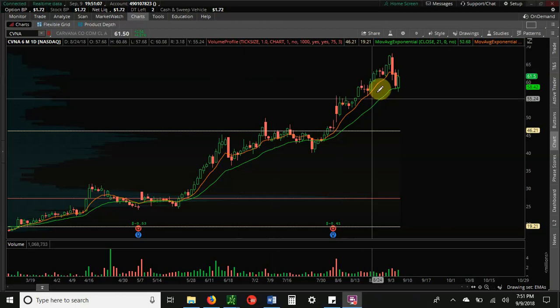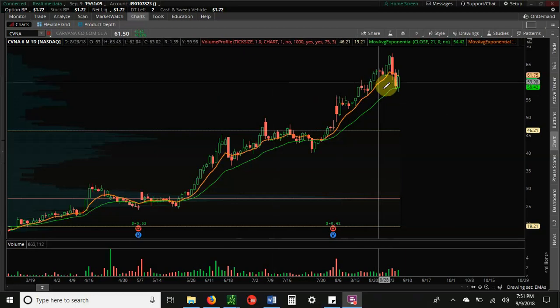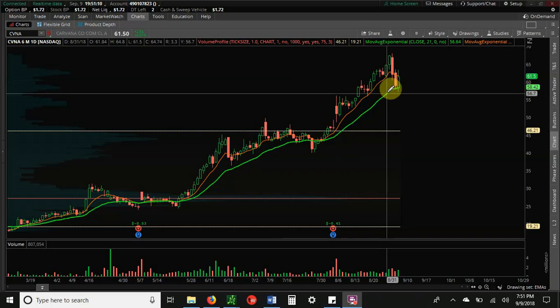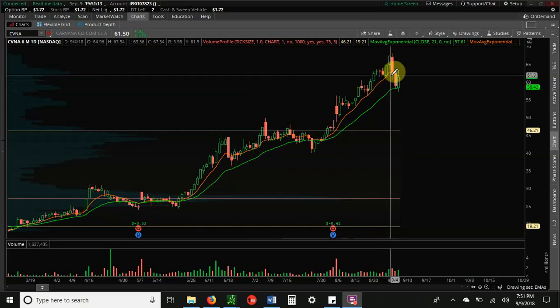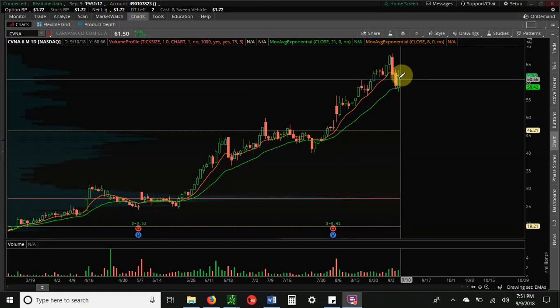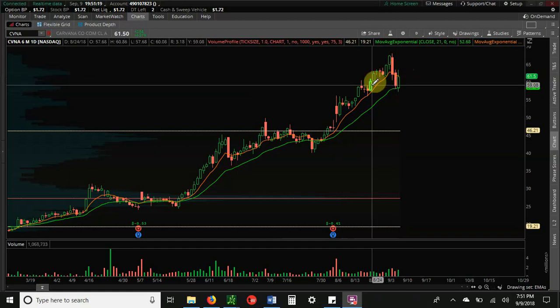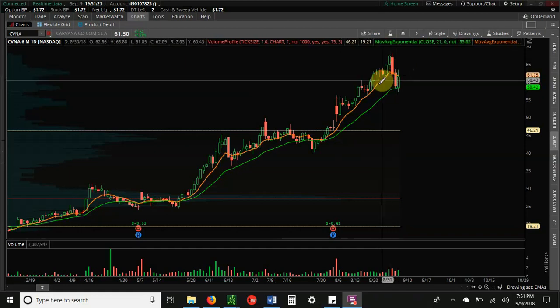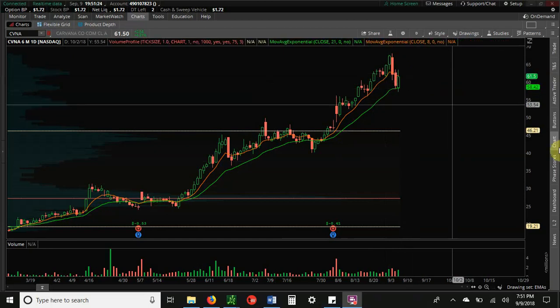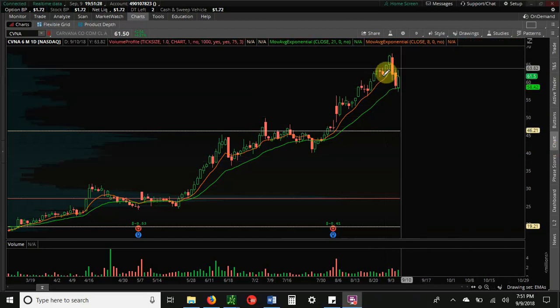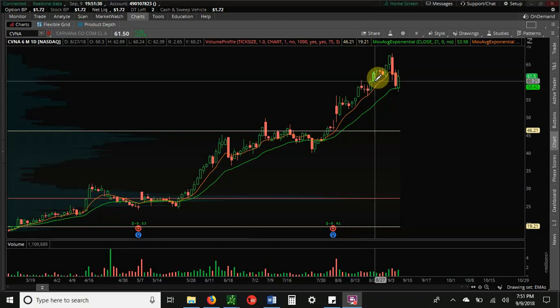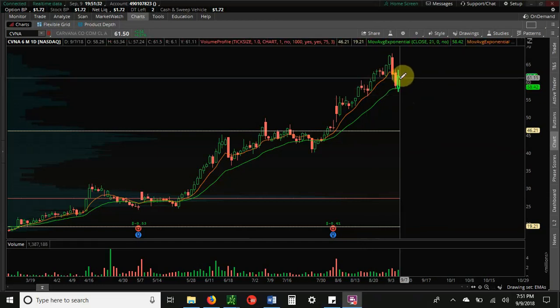So right now we're looking at the 8 EMA and the 21 in green. With these EMAs, the movement gives more response to the more recent candle as opposed to 8 candles back, which just kind of gets caught in the mix. And with the SMAs, it's very basic. It's just taking all 8 previous candles, adding them up, and dividing by 8, with a heavier weighting on the more recent